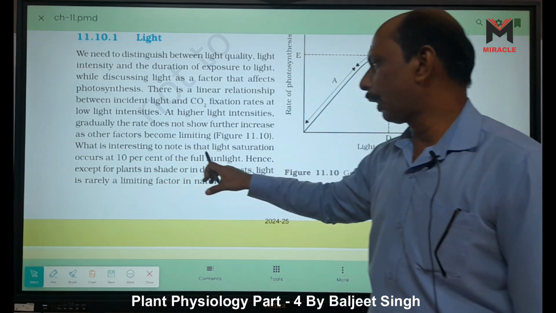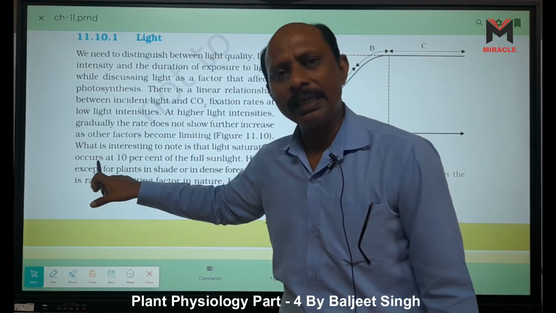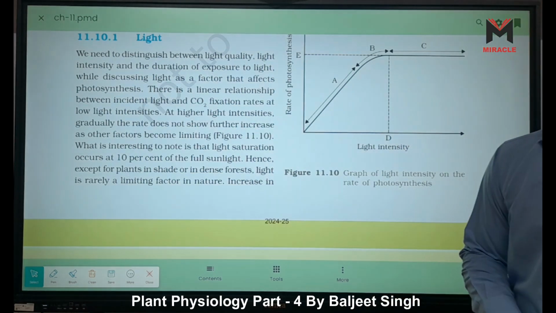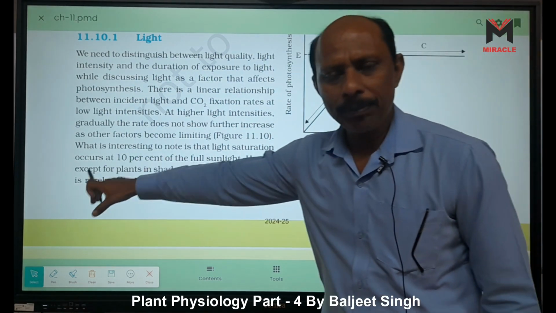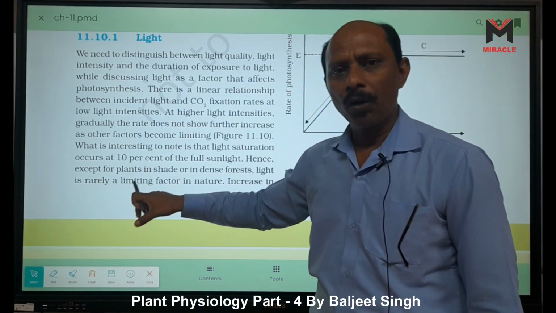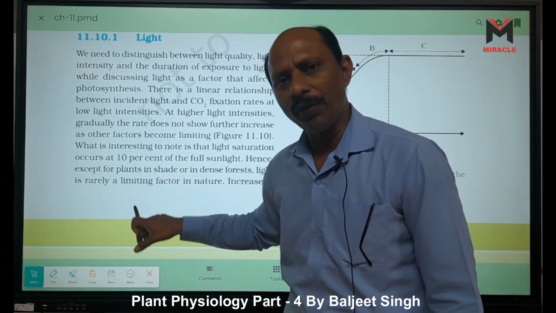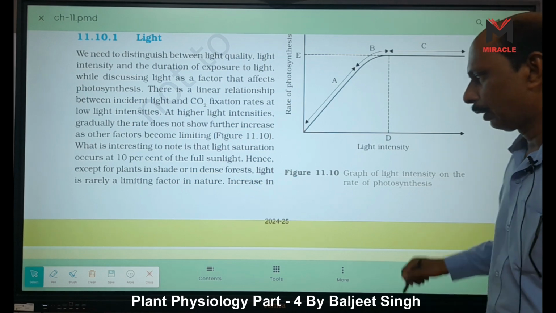What is interesting to note is that light saturation occurs at only 10% of the full sunlight. Hence, except for plants which grow in shade or in dense forest, right? Light is rarely a limiting factor in nature. Increase in